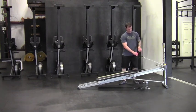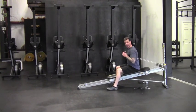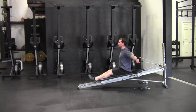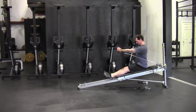From here, I'm going to set back up. Now in the fly position, I'm not going to tuck the arms over the handles here. I'm going to have them on the outside. I'm going to get in the same position, still nice tall posture, get that nice pre-stretch here, and then I'm going to come together, and now I'm getting that nice squeeze of the chest here at the end of the